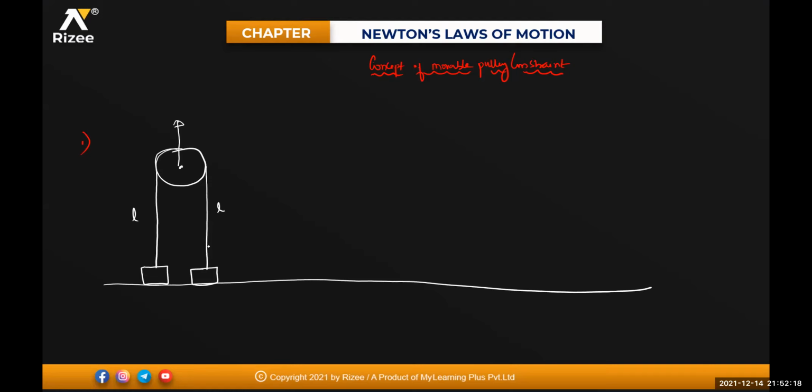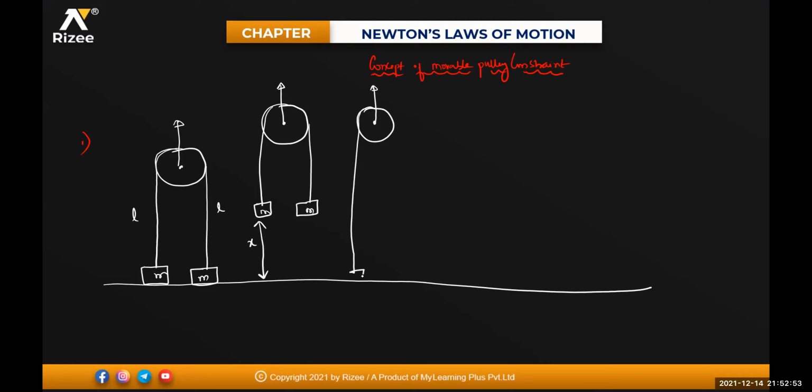What I did is I lifted this one to a certain height, this one to somewhere here. So what happened? This block will rise to a certain height, and this block also will rise to a certain height because both of them are the same masses. So both of them are being raised from the ground by a distance of x. In the next case, I kept this pulley fixed as it is. I pulled down the mass M and kept it back on the ground. So when I pull this M in the downward direction, this small m will go up, right?